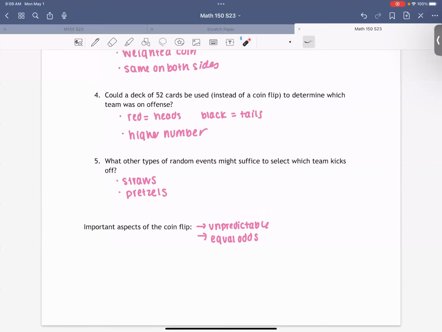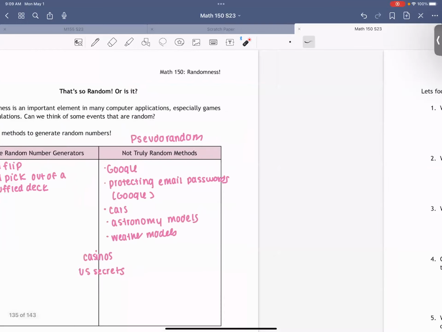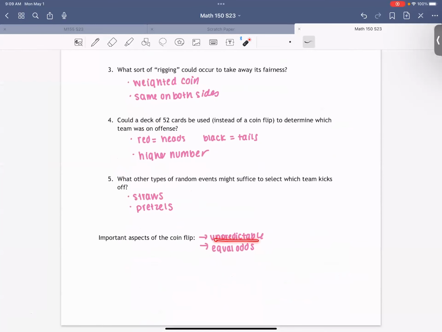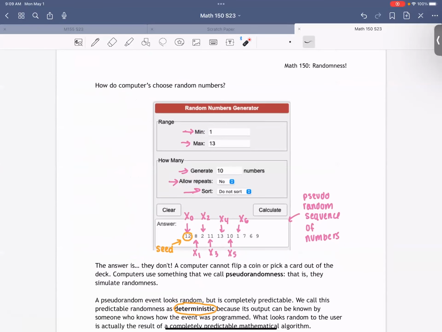Okay, now, pseudo-random numbers don't actually fit that description of being random. You can actually predict the next number when you use a pseudo-random number generator. I gave you an example of a pseudo-random number generator. This is one that I just looked up online, and it gave some random numbers. The way I know it's pseudo-random is that it doesn't say it's a true random number generator, and it's done on a computer. Usually those things are pseudo-random.